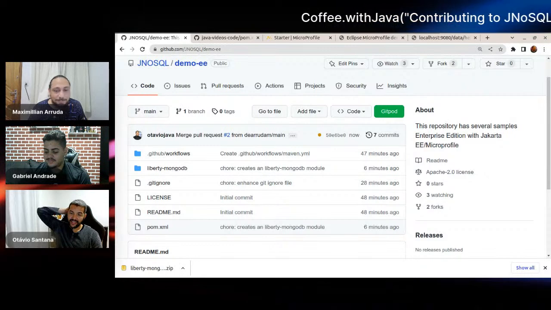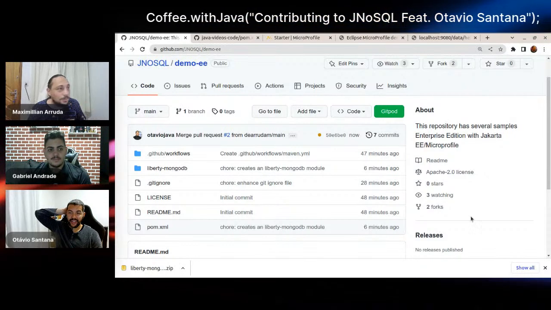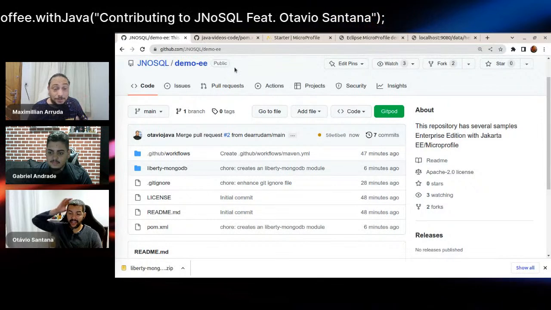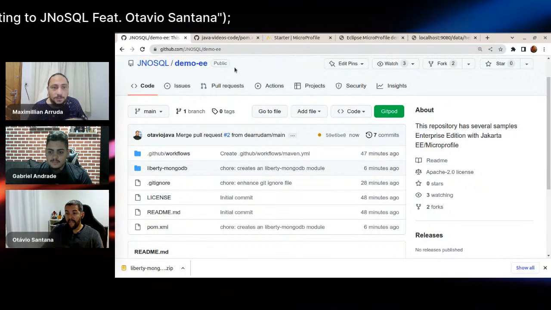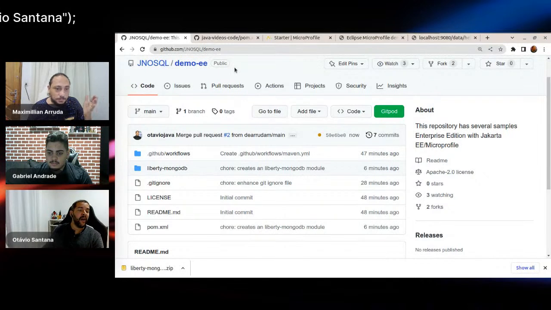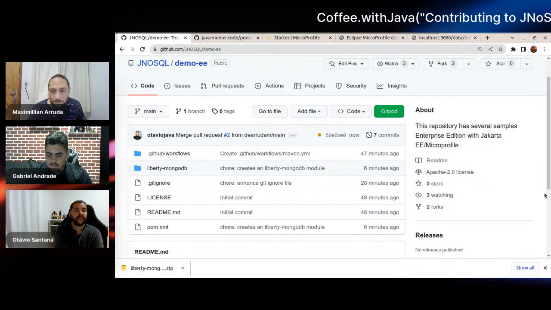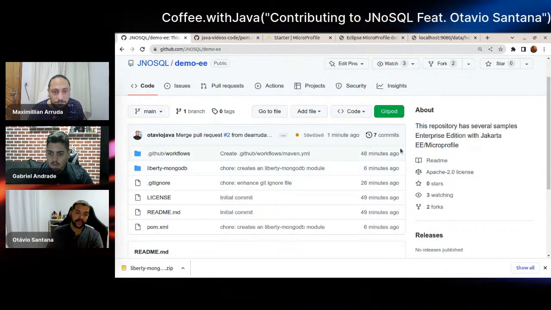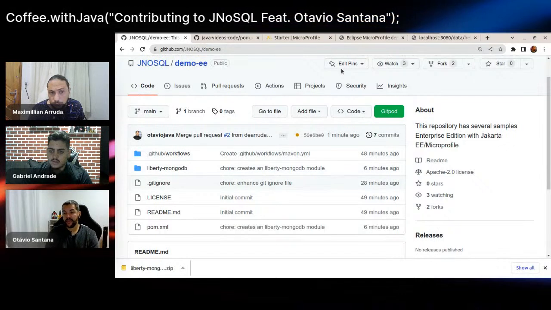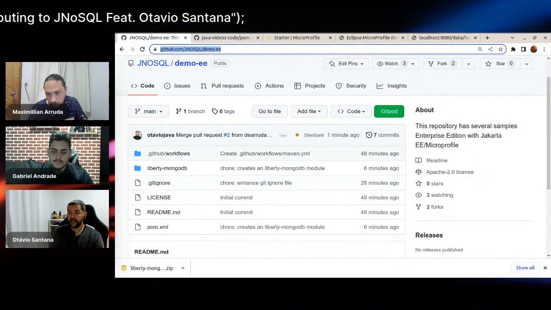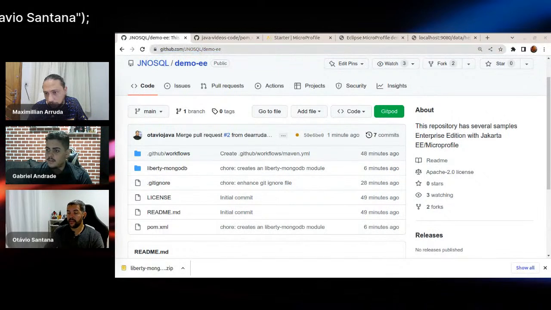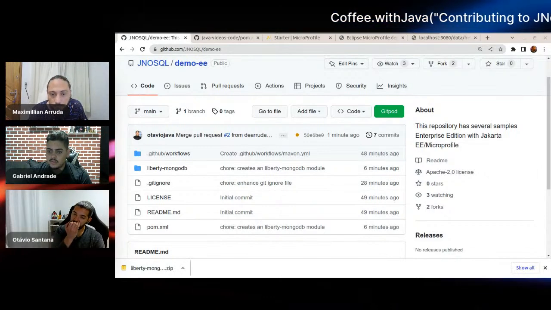Again, let me stop sharing my screen, guys. So if you want to contribute to this repository, please feel free. I shared it on the chat. So actually, Gabriel did it. Am I right, Gabriel? Yes. I will stop it. Max, you can share this repository? Sure. I think Otavio already did it, because if I type in the other chat, other persons who want to contribute to this repository can enter more easily.